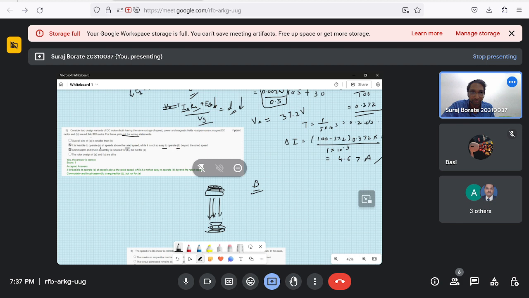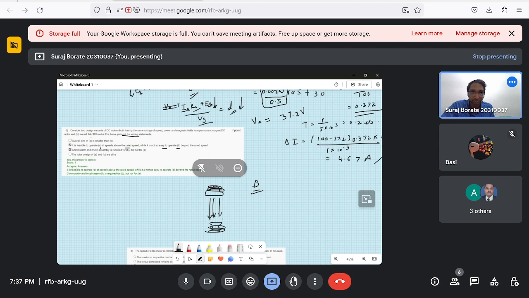This is the rated speed, right? So if you go to this lecture, you will find how this graph came. Till here we have a certain value of magnetic field, for which we are getting this torque capacity. Once you cross the rated speed, what happens is, as we had discussed for wound field,